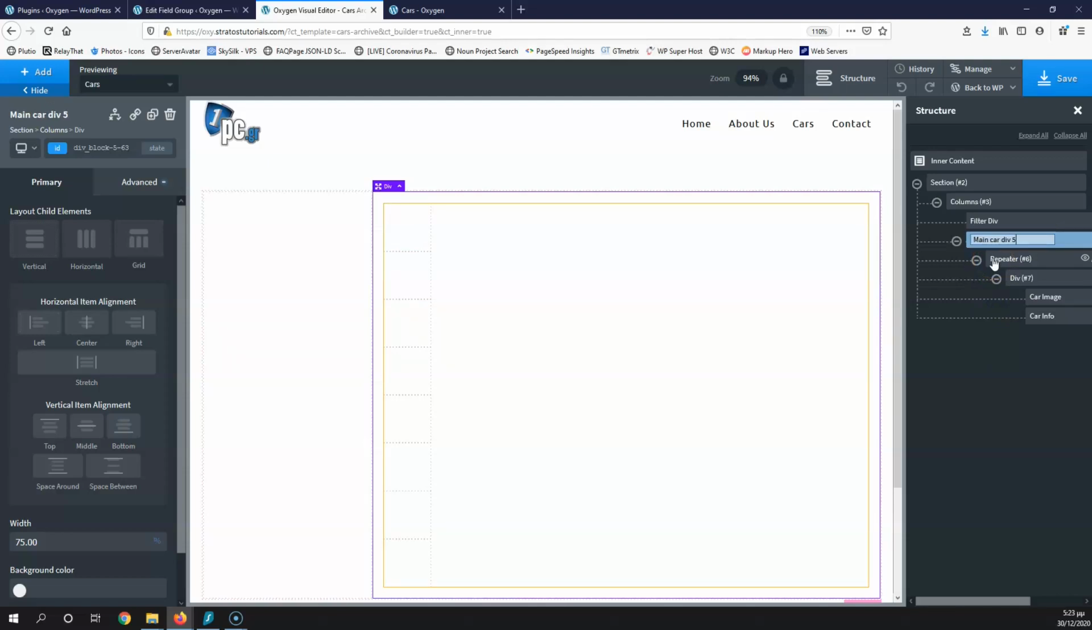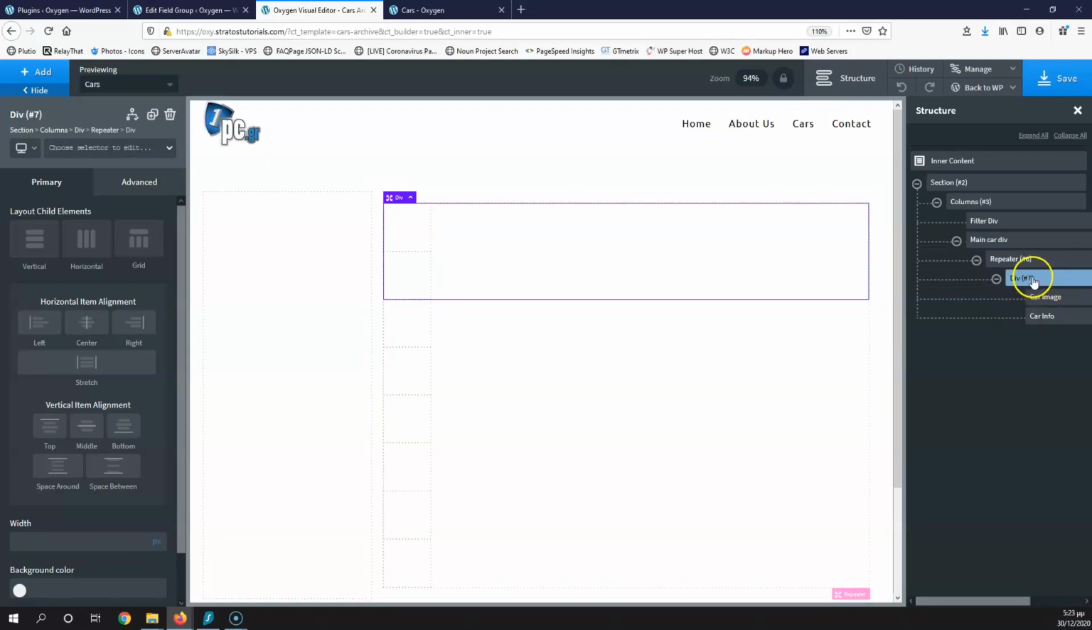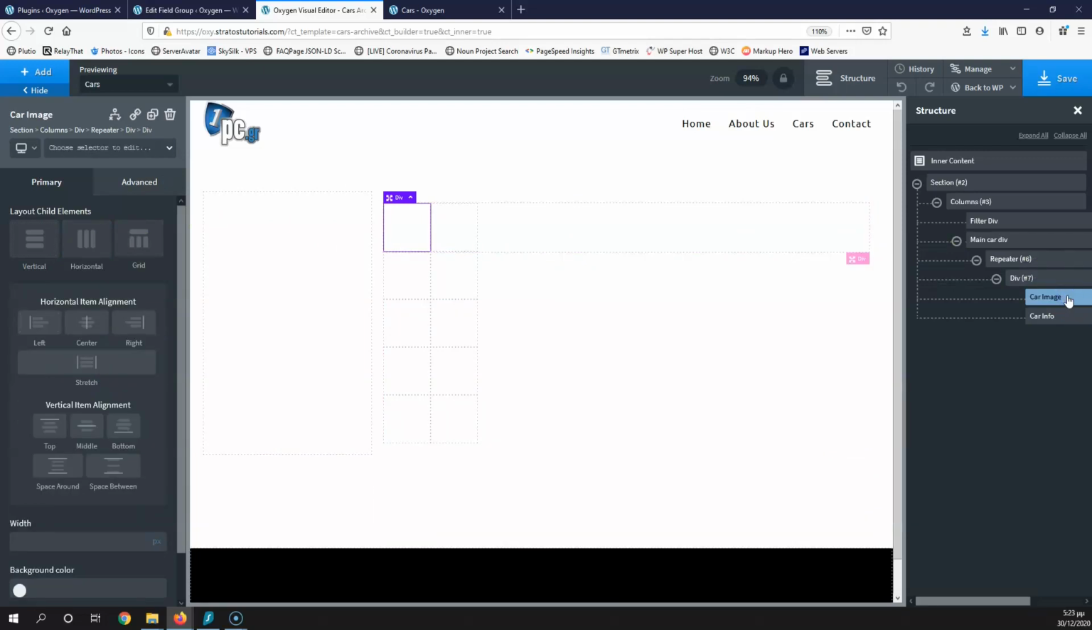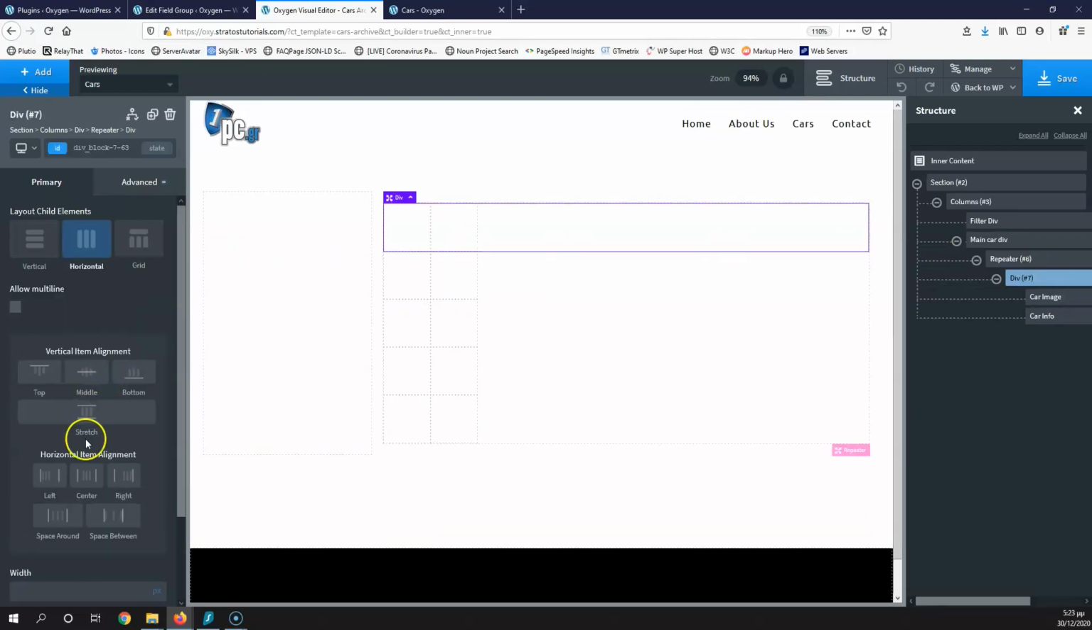It will take you some time to create that, but next time you change something, you're going to be sure that you're hitting the correct divs. So this is the repeater. I know which div is that because it's inside the repeater. So I'm going to select horizontal, and this is the div that I have to select